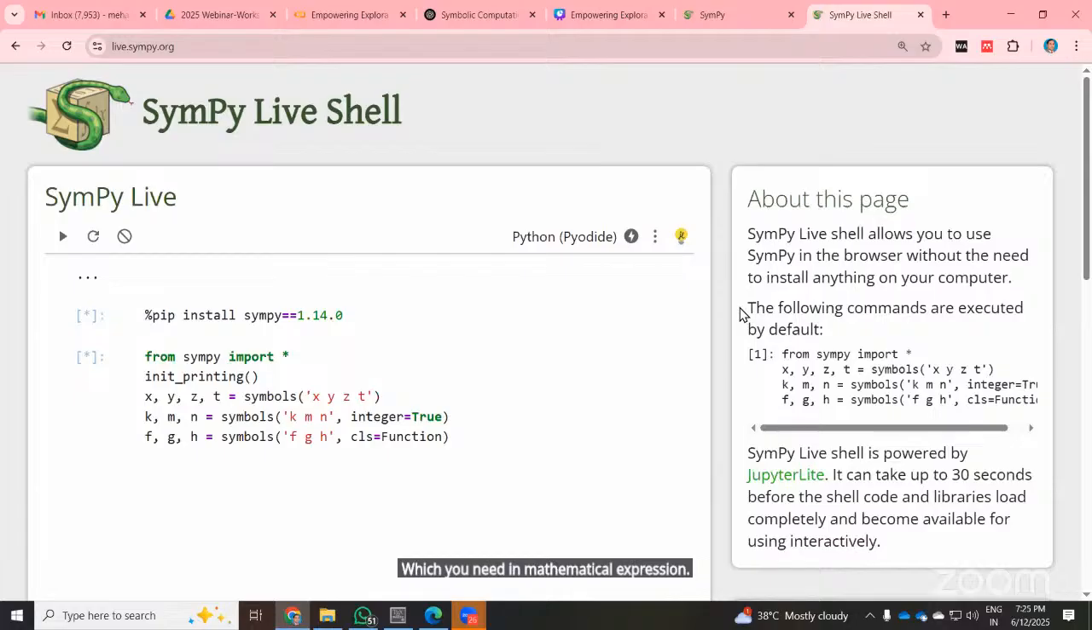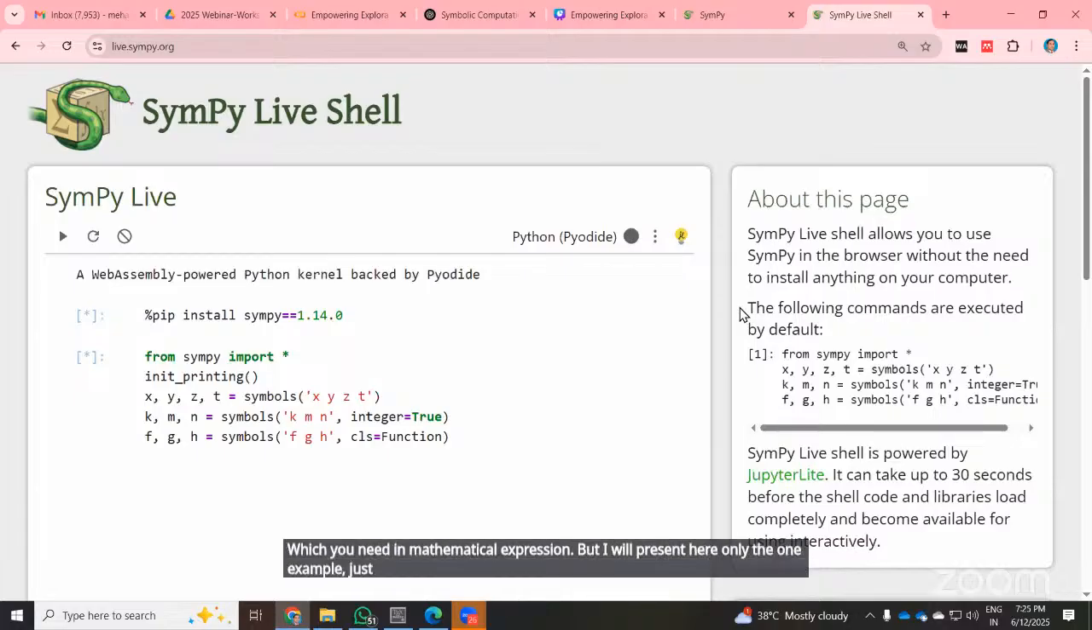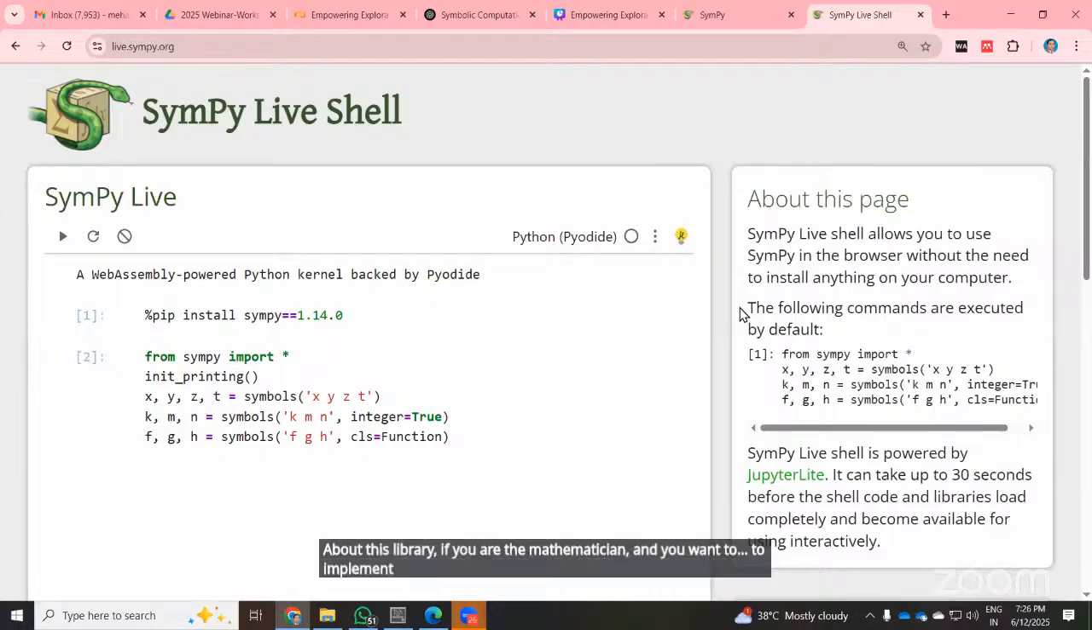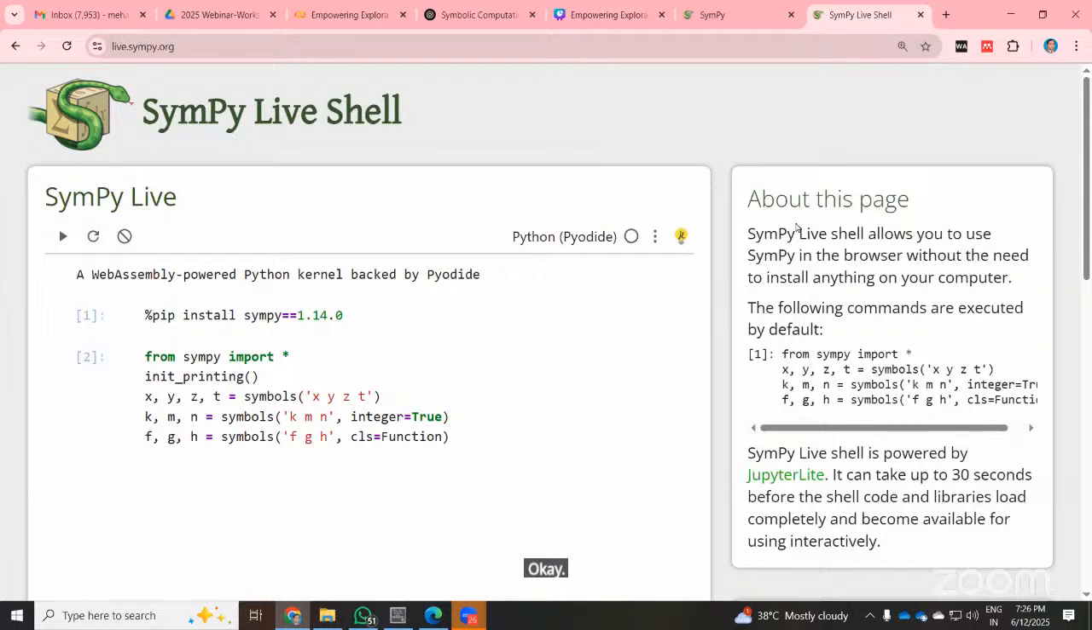But I will present here only one example, just to show how you can use it and how you can get more information about this library, if you are a mathematician and you want to implement mathematical models. Okay, see here, when you open